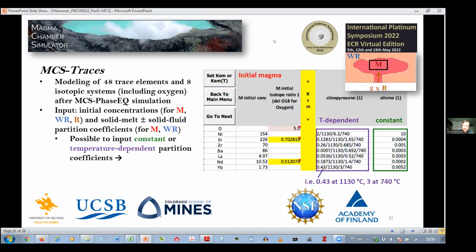Or let's see, actually, not yet. Let's look at a couple of things here. So now we have the phase equilibria and major element models run. We can now also run trace elements. And in MCS, it's possible to model 48 trace elements and 8 isotopic systems, including oxygen, after going through a successful phase equilibrium simulation. And of course, for this you need some input. You need the initial concentrations of the trace elements and isotopic compositions in the magma, in the wall rock, and in the